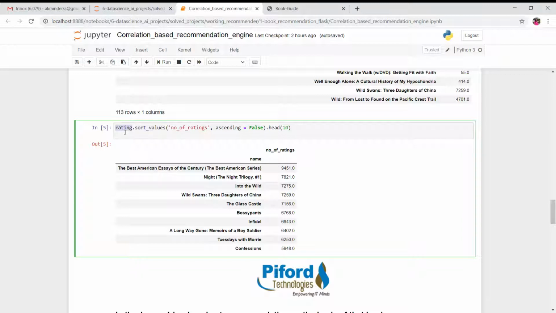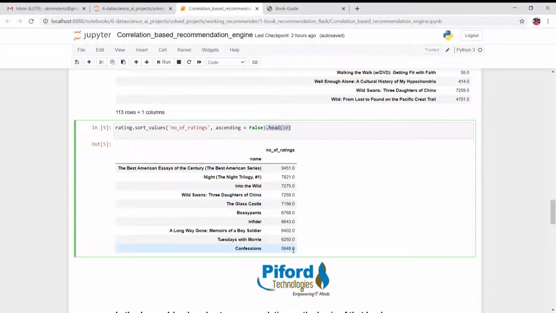In the rating variable we have this whole data, and I'm applying the sort_values method, right? I want to sort the data in descending order, and after sorting, I want to see the first 10 records. So this is what we are getting.